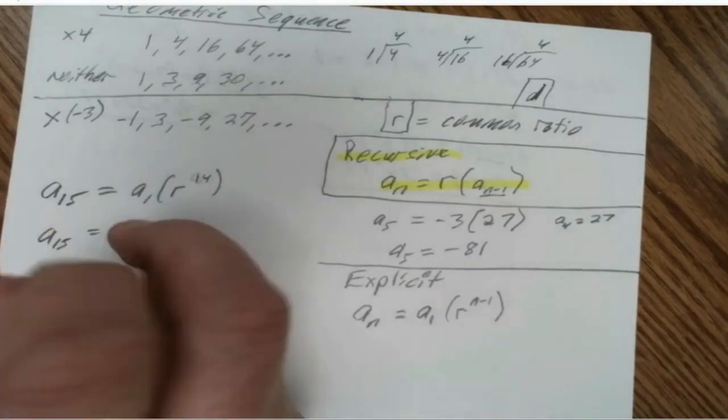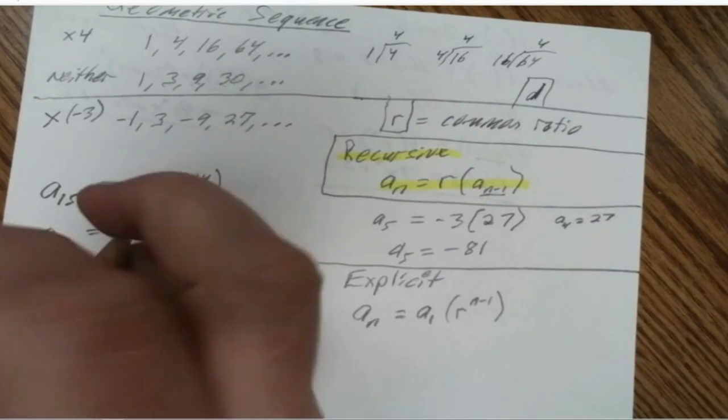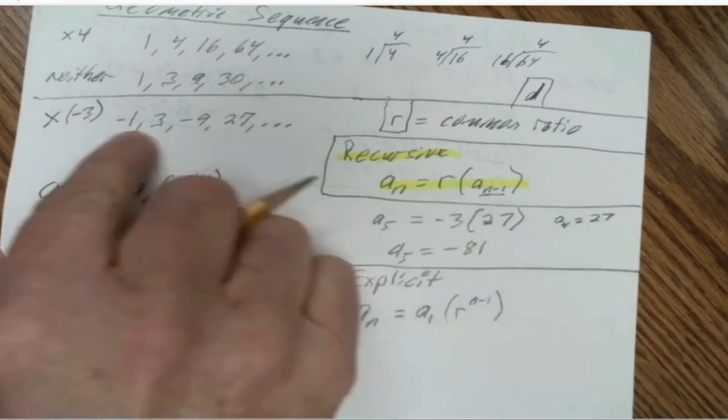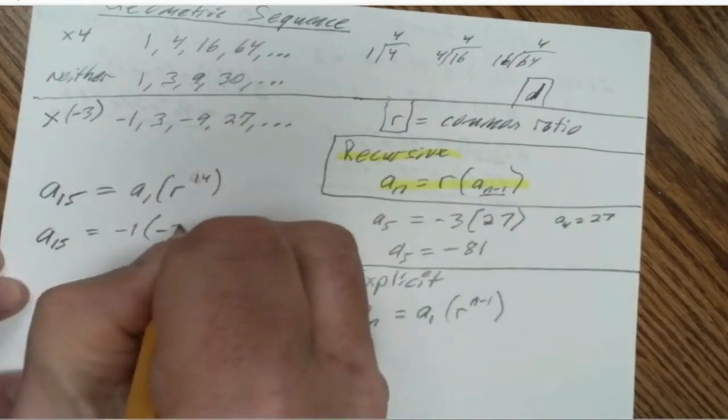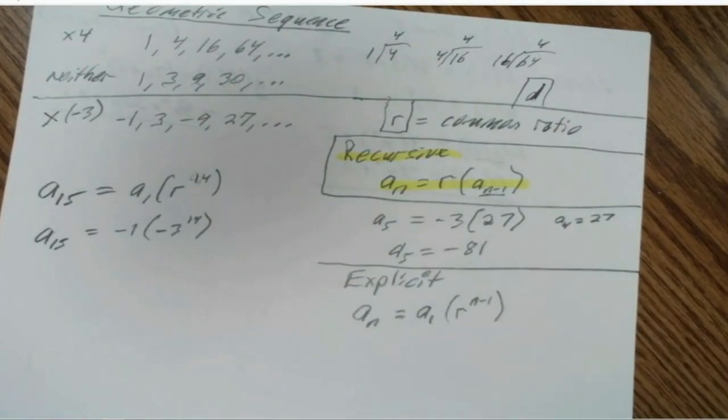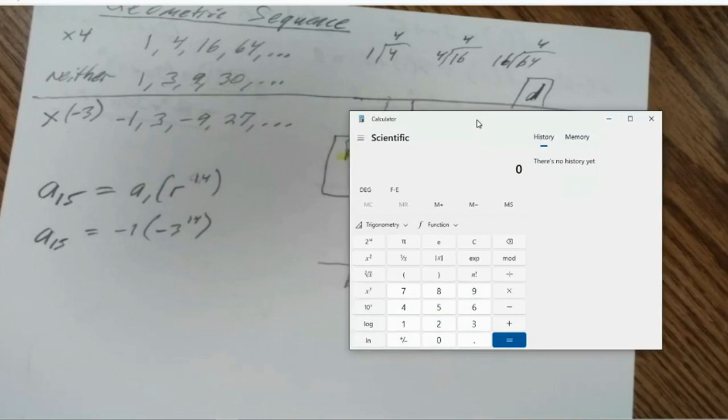So a sub 15, our first term a sub 1 is -1, times r, which is -3 in this case, -3 raised to the 14th power. We're definitely going to want our calculator for that. So let's pull out a calculator here. So we can calculate, let's see, -3 raised to the power of 14 is